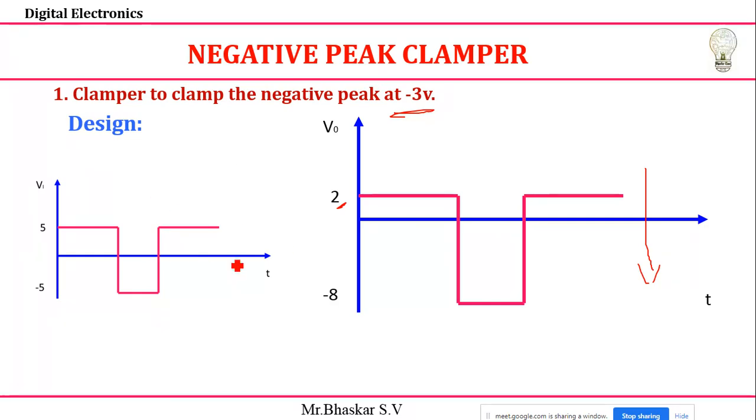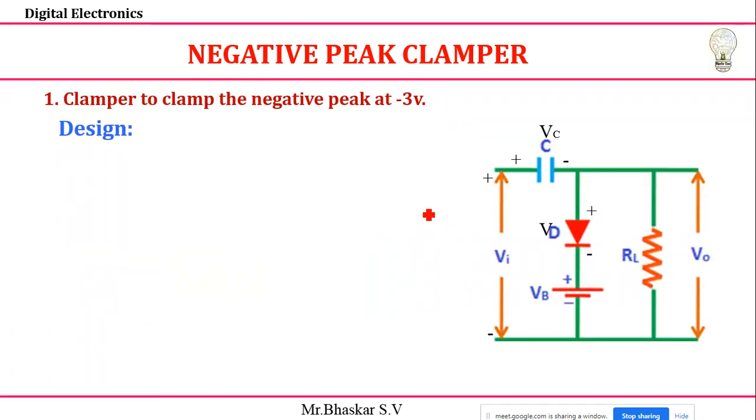Okay, for this case I want to design the circuit. The design should be the same thing. 10 volts peak to peak only I'm getting. So the same circuit, what I did, I'll reverse the diode and the power supply. Then easily you can write. So now you can tell in which condition the diode is forward biased, in which cycle of my input the diode will be forward biased.